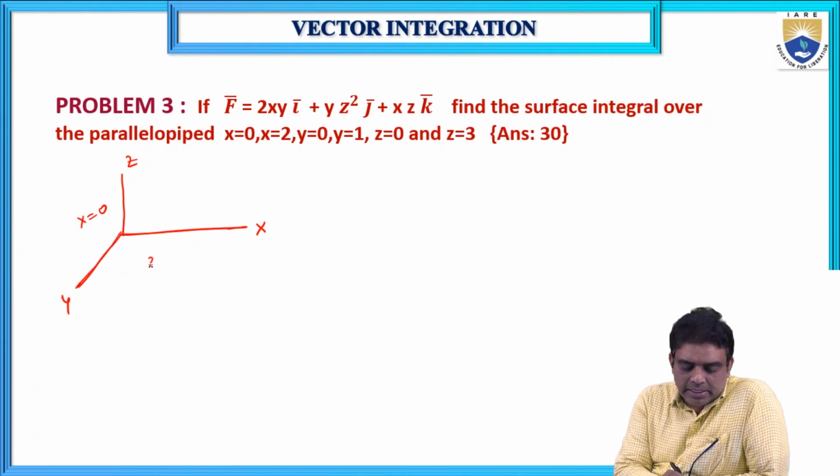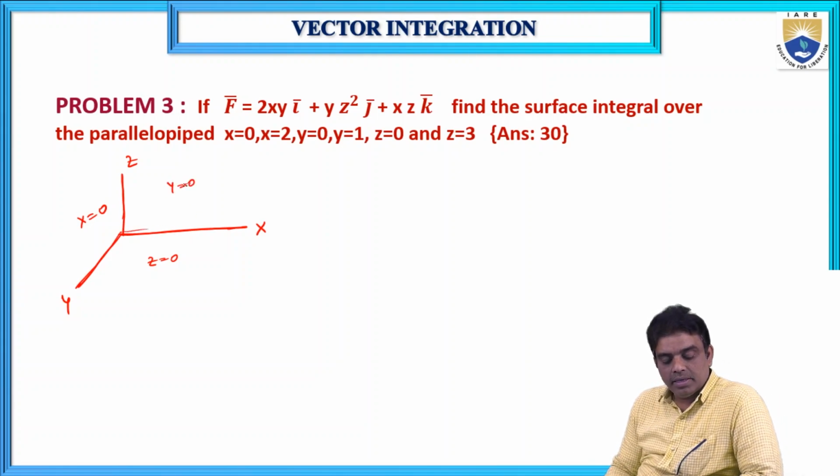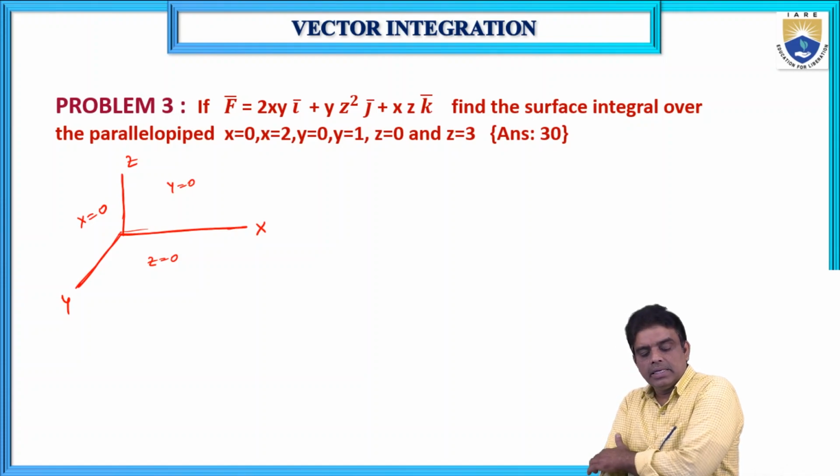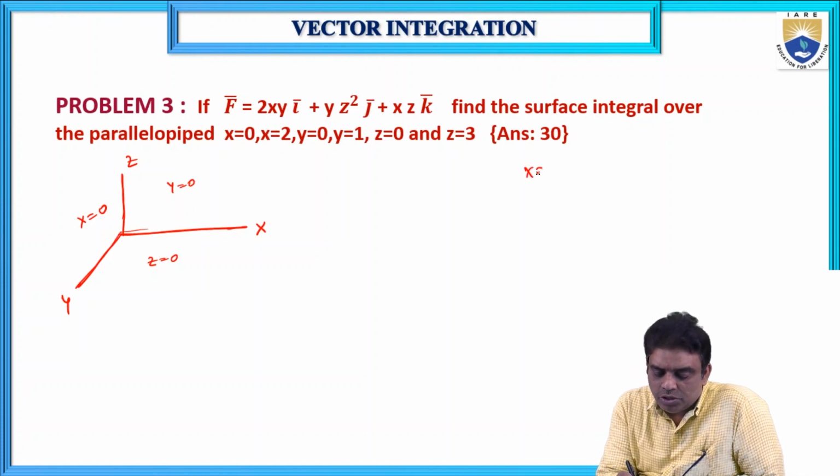xy means this is z is equal to 0 plane. And xz plane means y is equal to 0. These are the 3 planes already. So based on considering the x-axis, y-axis, z-axis, the planes are, if x is equal to 0, that equation